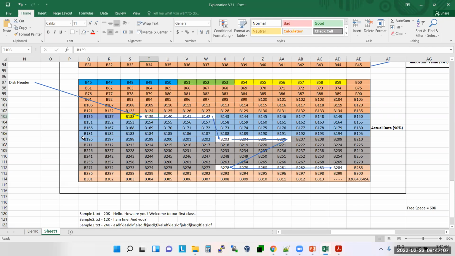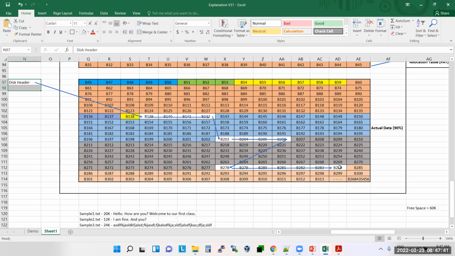Yes, sir. Now if you want to read the data, the disk header will jump here, it will read the first 4 blocks, then jump here, first 4 blocks, jump here, 6 blocks. So writing is a problem and reading is also a problem. Do you know what this time is called? Actually, there is a technical word for this, seek time. So when your data is not stored in continuous blocks, this will impact the seek time of your data. This is the first drawback of your hard disk.